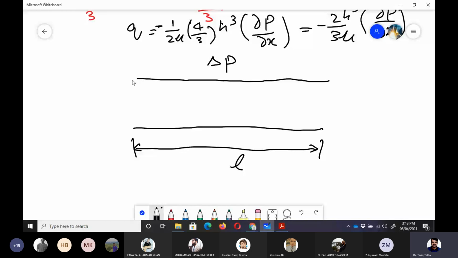So we can write a pressure gradient like this: partial p by partial x is equal to minus delta P by L. So that is the pressure, final value minus initial value. So that would be minus delta P by L, because it is showing us that pressure is being dropped. So if we put that value here in the Q relation, then this minus would be eliminated, and we can write